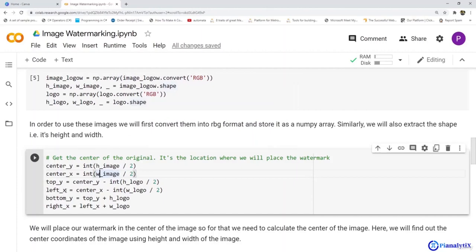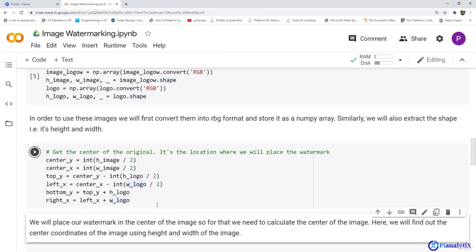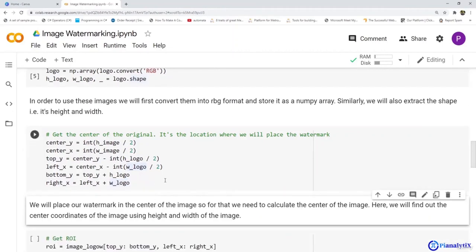Similarly, left of the x-axis will be the width of the logo divided by 2, which is subtracted from the center of x, and so on. This will help us in finding the exact position where we will put our watermark. So let's run this cell and find out the location where we are putting our image as a watermark. As you can see, this cell has run.